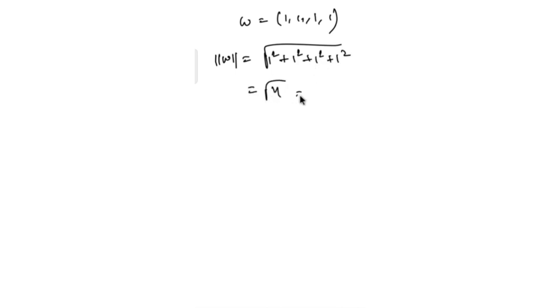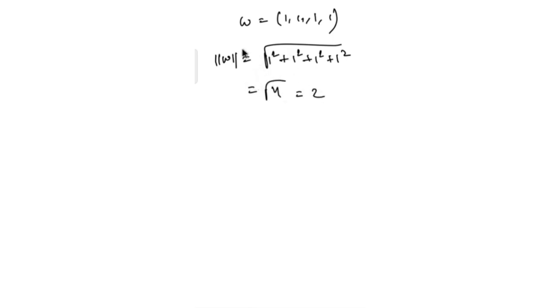So this is a unit vector. And now if we divide by its length. So now what I'll be doing is I'll be taking another vector w. W is equal to 1, 1, 1, 1, and now the length of it is root over 1 squared plus 1 squared plus 1 squared plus 1 squared. So that will be equal to root over 4, that's 2. Now this is not a unit vector, isn't it? W is not a unit vector because the distance of it is actually 2.